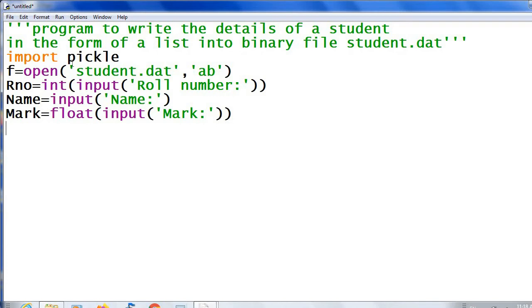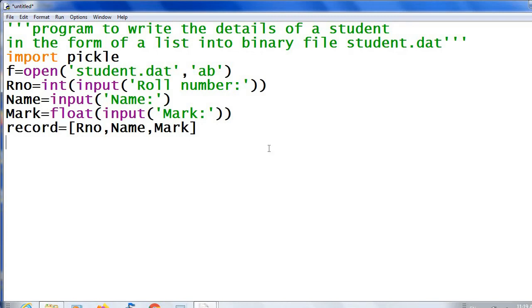Then using these details I am going to create a list. This list I can consider as a student's record. So I am going to give record equal to a list of rno, name and mark. I have created my record in the form of a list with roll number, name and mark.